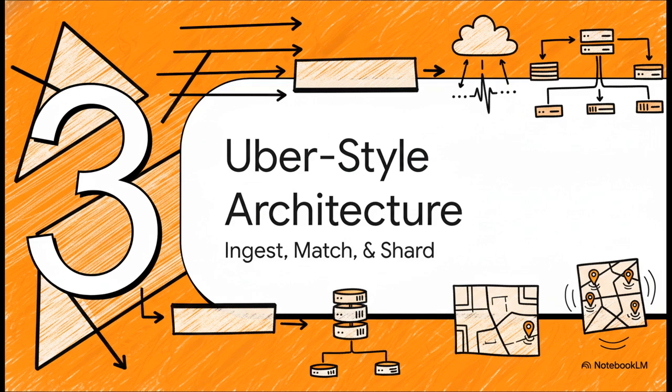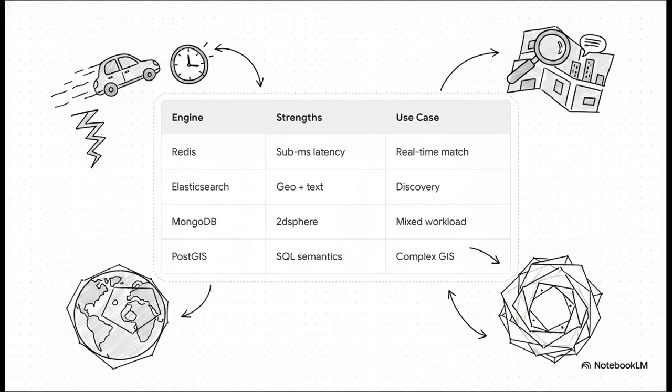Now that we have the algorithms and concepts down, let's architect the high-level design and see where this data physically lives. In the real world, you rarely build a spatial engine from scratch. You just leverage an existing database. If you're building something like Yelp or Airbnb, where text search and complex aggregations are super important, Elasticsearch is fantastic. If you're dealing with complex polygons and need full SQL support, PostGIS is your go-to. But for real-time mobility systems where a driver's location changes every few seconds, Redis wins outright. No contest. Its in-memory sub-millisecond latency, combined with native commands like GEOSEARCH, makes it the ultimate engine for this specific